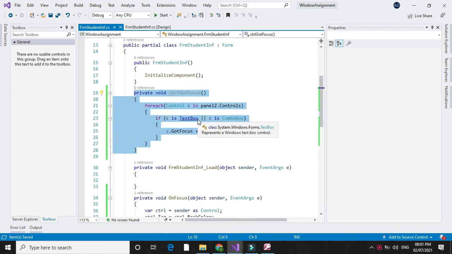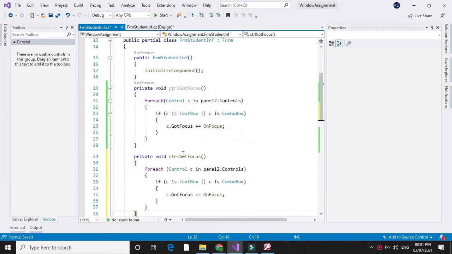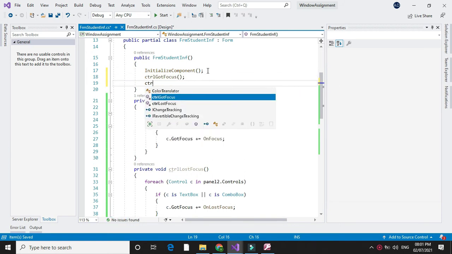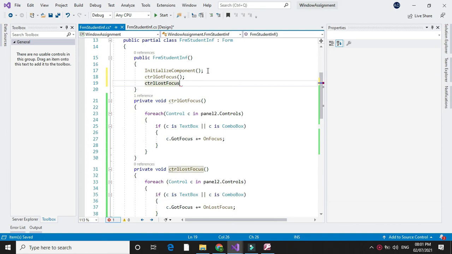Similarly, we will write it for the LostFocus event. And after InitializeComponent, we will call these two methods, ControlGotFocus and ControlLostFocus. So no need to write GotFocus and LostFocus events for each and every control.